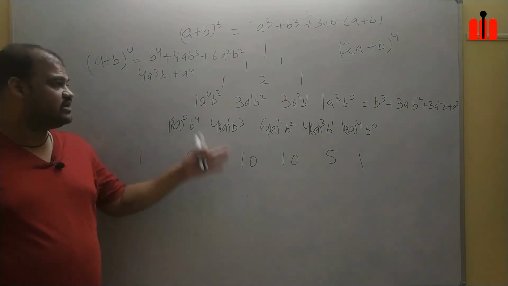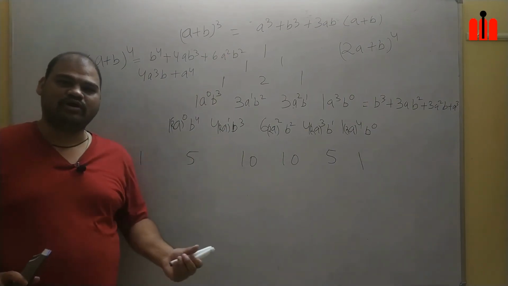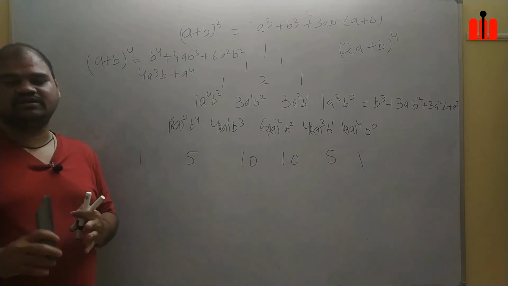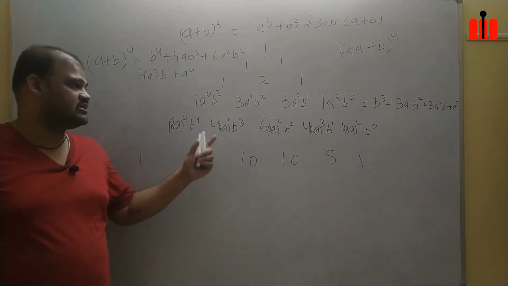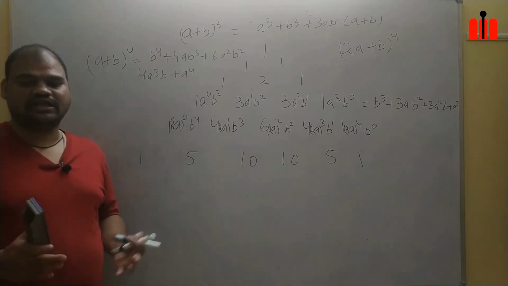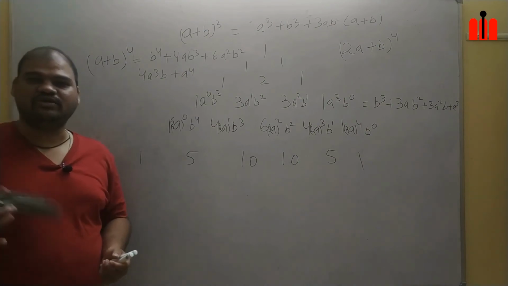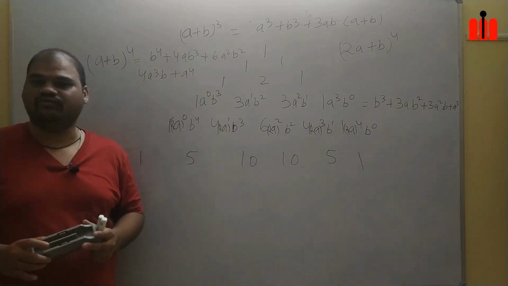Are you getting it? This is how you have to use the Pascal triangle, and this is very important for the chapter principle of mathematical induction. In class 11 there is a chapter called principle of mathematical induction, where we have the step of P(m plus 1). Whenever m plus 1 is there, you have to do the expansion by using this Pascal triangle. So this is very important over there.